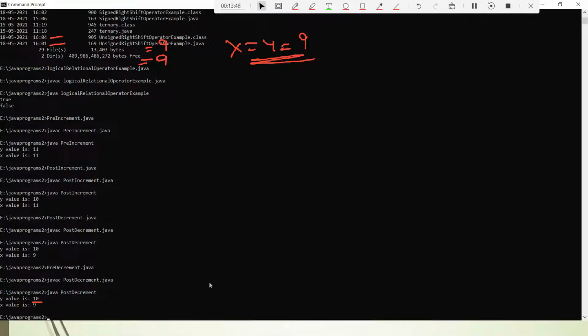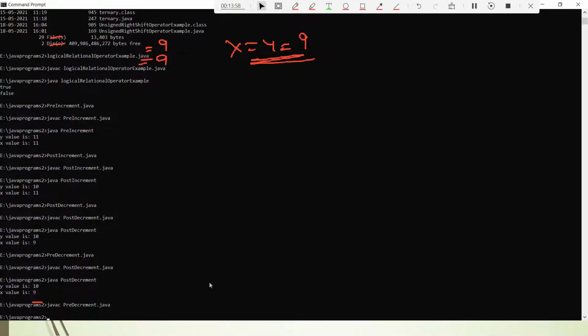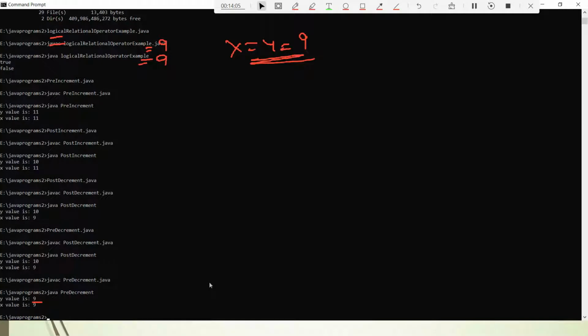We just executed the wrong program. javac pre decrement dot java, then java pre decrement. Can you see here, we got what we discussed initially: both x and y have the same value, 9. So x and y both are 9.